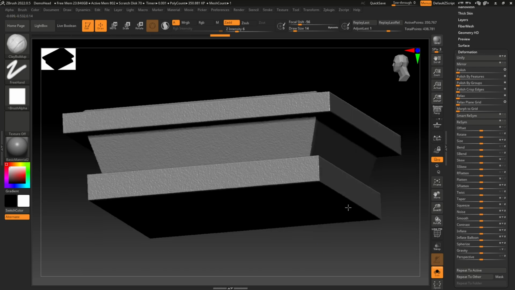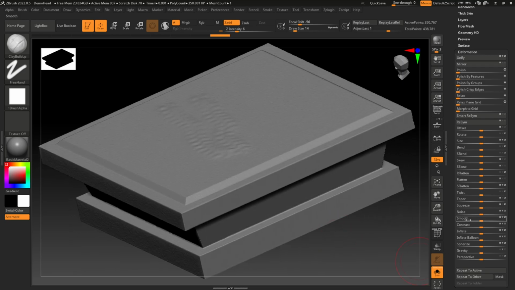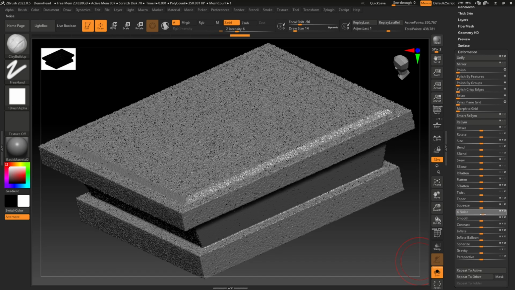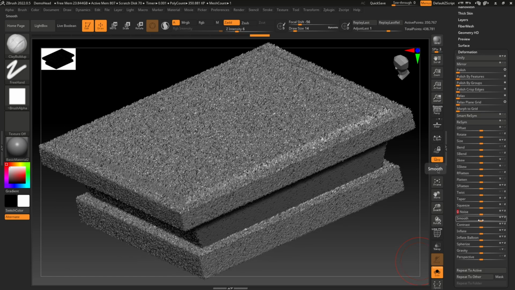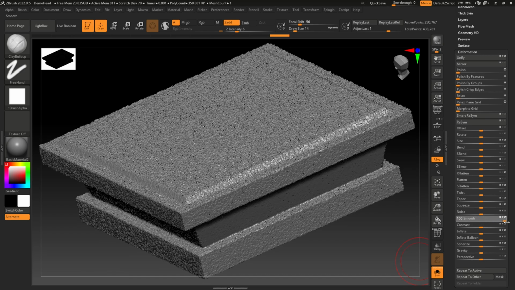So now you can see smooth. Just increase it, and once again your noise. Increase the noise, and then you can play with the smooth. Little bit of smooth. Suppose if it is not working, then what you have to do is